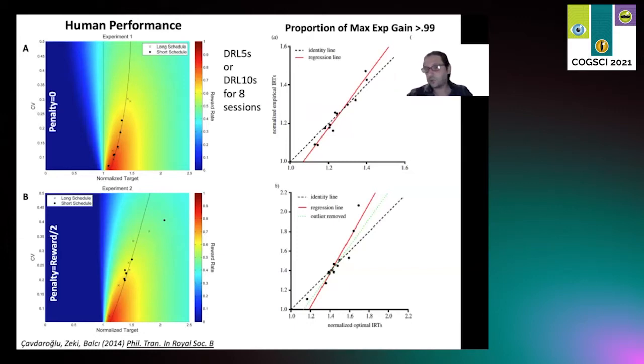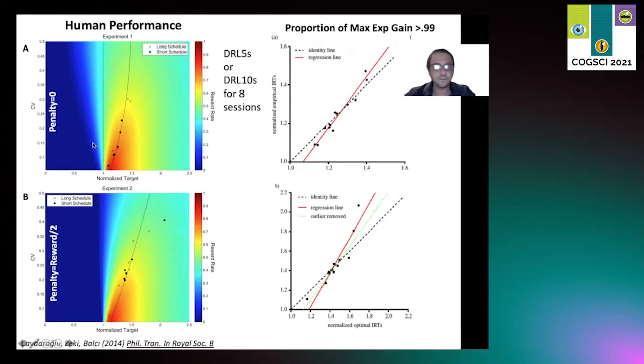And in another condition, participants were penalized for early responses. Now, the color maps here are expected reward rates for different target intervals and for different levels of timing uncertainty. And the ridge of this curve, which is denoted by the black curve, is the optimal performance curve in this task. And as you can see, the optimal wait time changes as a function of the timing uncertainty,